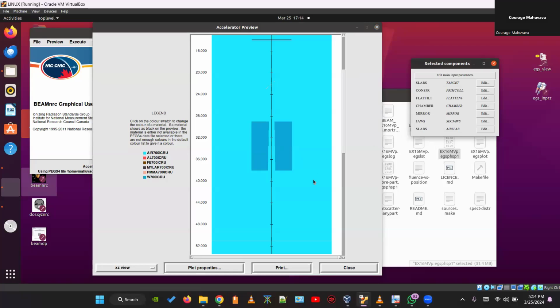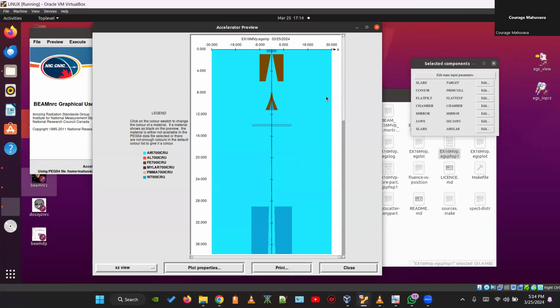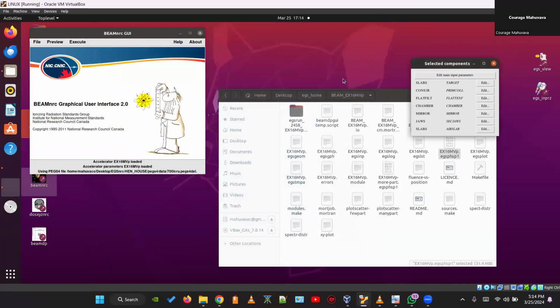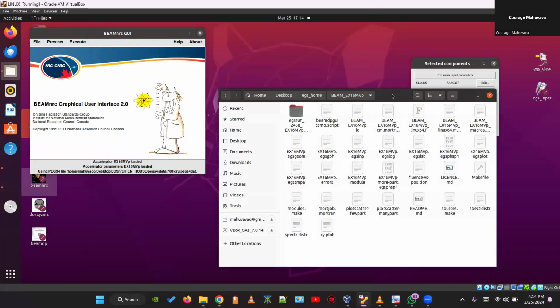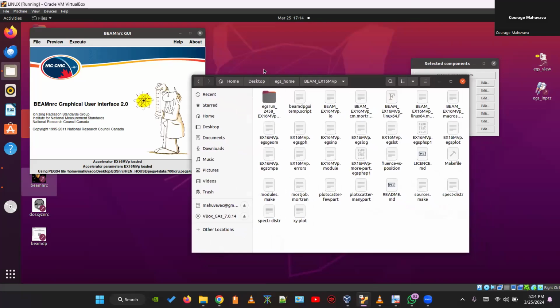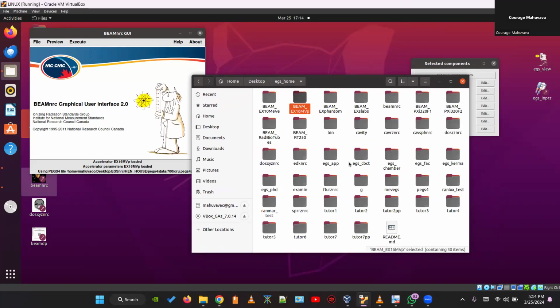And I'm not sure why there's a slab at the end here. It's probably the exit window of the beam. But this is the preview of the accelerator that comes with the installation. When you install your BEAMnrc or your whole EGS package and go into the EGS home,